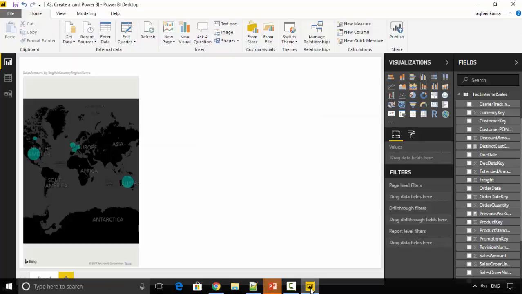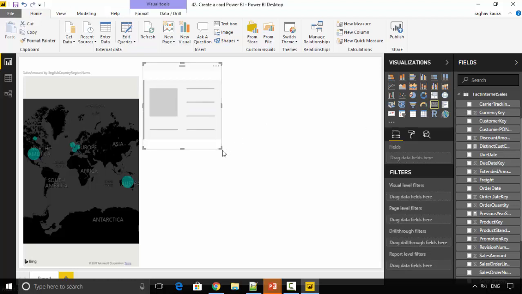So you typically use a card when you want to reflect the number, for example, the total sales or the total number of customers and so on, as a separate item in your dashboard. So in this case, we'll just take the card, and there are two cards. So we've got this card and multi-row card. In this video, we'll just use the card, select that, and